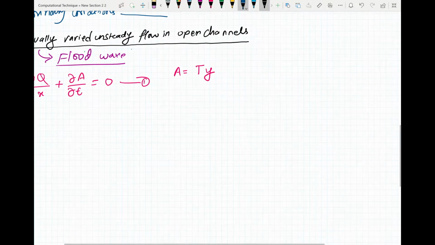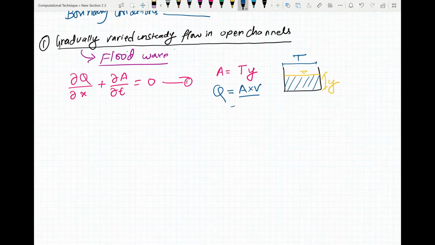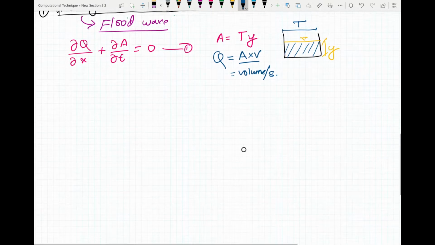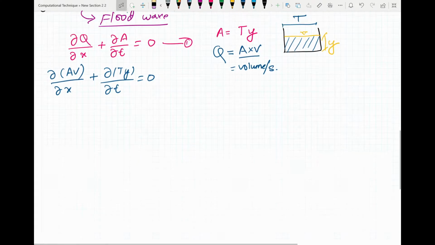So here in this channel, this is the depth, this is the top width, and this will be your area, and the flow is given by area into velocity, which is volume per second. So if you substitute these values here, you will get